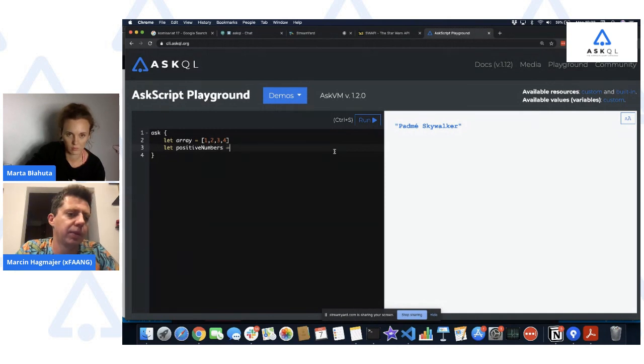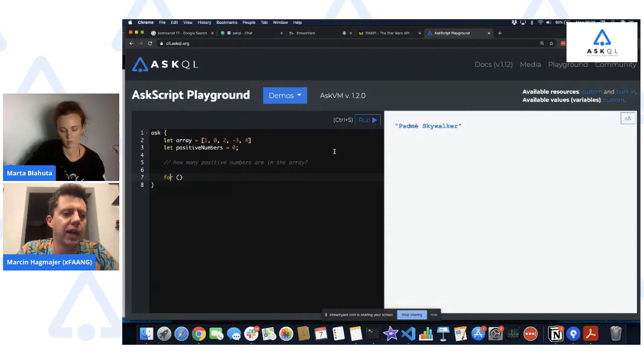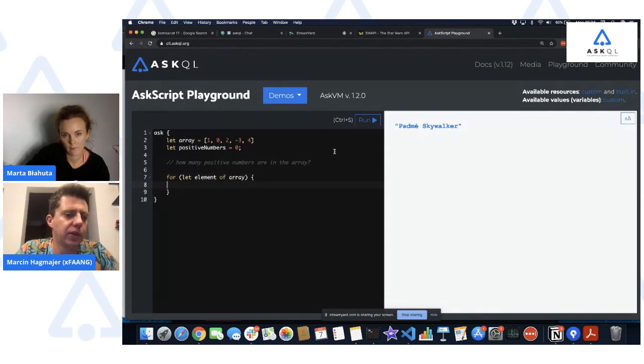Let's say a very simple loop that's going to compute how many positive numbers are in the array. We did that by doing a for loop. So we said, okay, there is something that I'm going to need to do for every item in the array, and here is how I do it. So we did for let element of array,